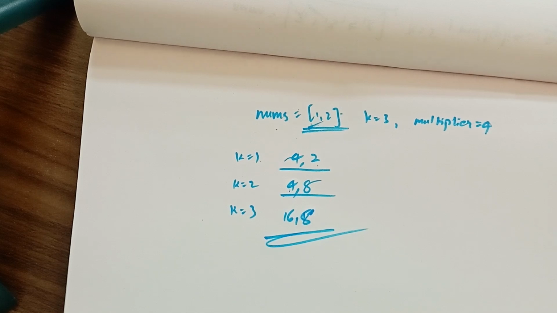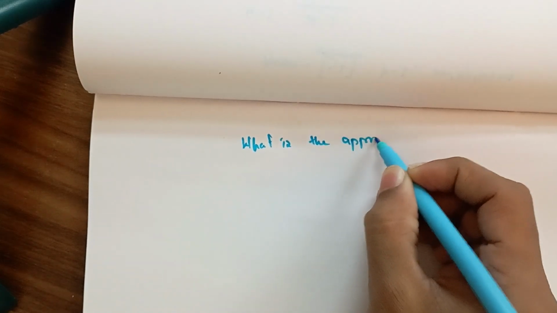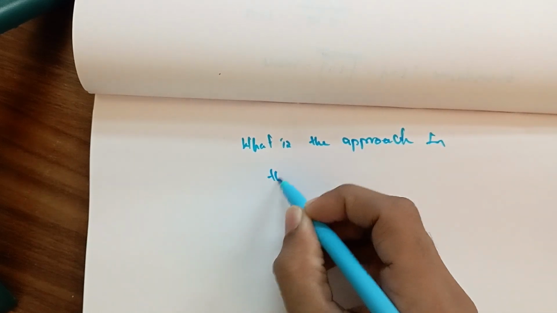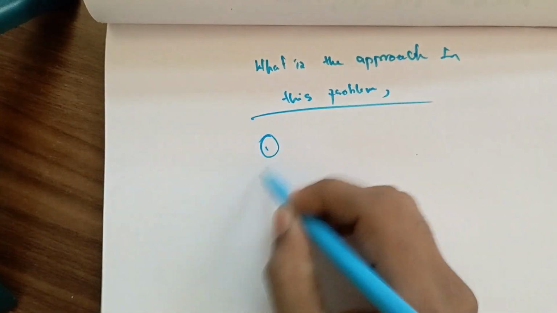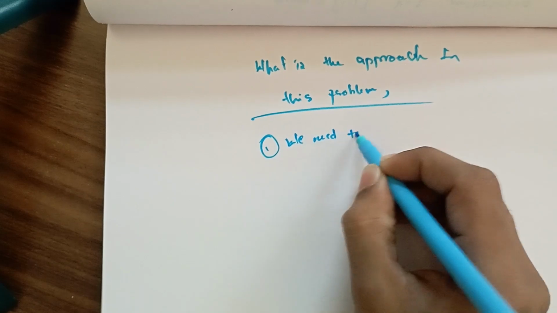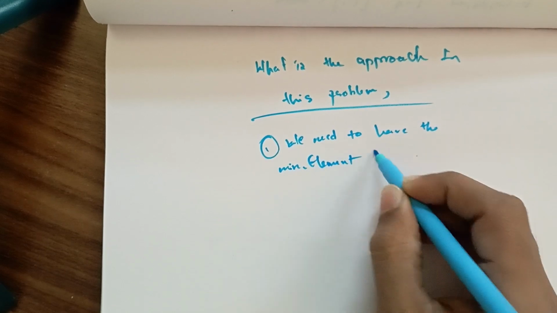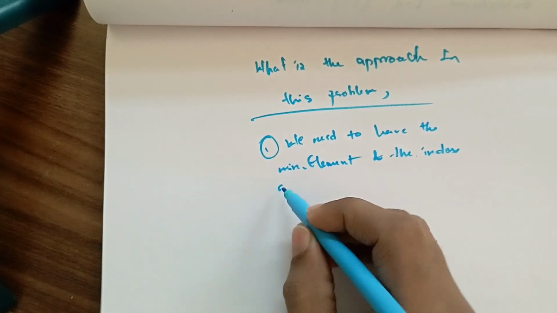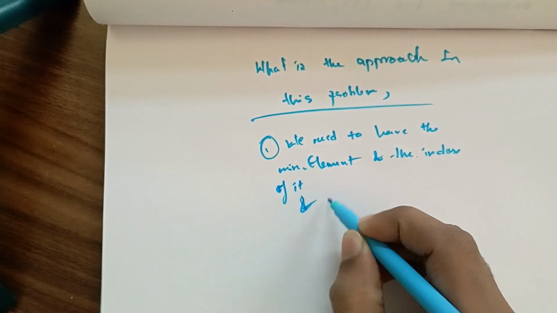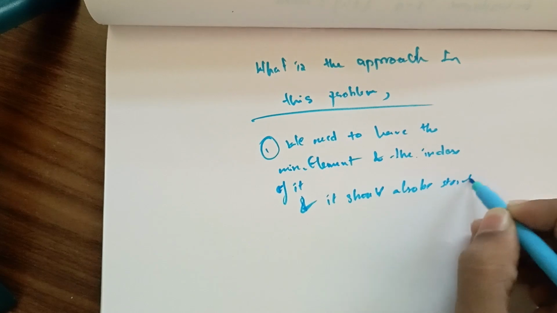So how do we approach? What is the approach for this problem? The first observation is we need to have the minimum element and the index of it, and it should also be stored in